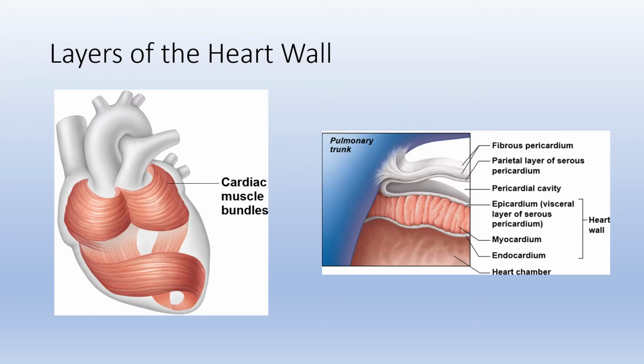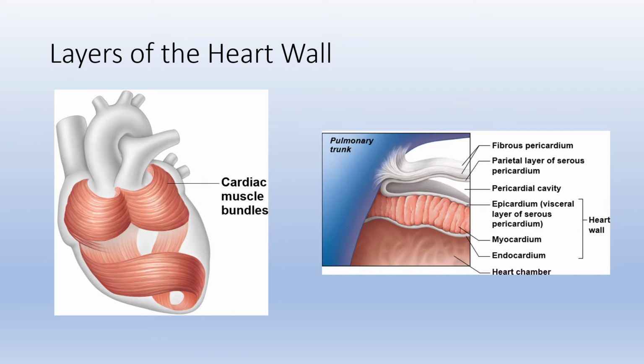In the left image now, we have stripped everything off of the heart and left the myocardium, or the middle layer of the heart wall, which is cardiac muscle tissue. This cardiac muscle tissue is arranged in a certain way that allows for the heart to beat the way that it does. So if you look at the two more circular bundles that are wrapping around the top of the heart, those will squeeze in together, forcing blood towards the bottom or towards the apex. Then that bundle of cardiac muscle tissue twisting around towards the bottom will contract and force blood up and out